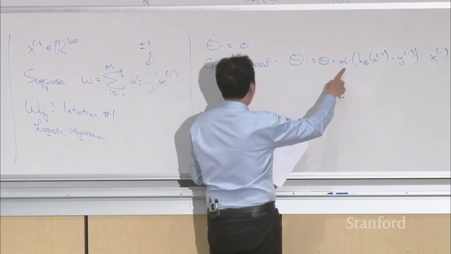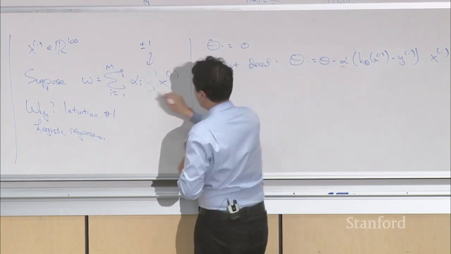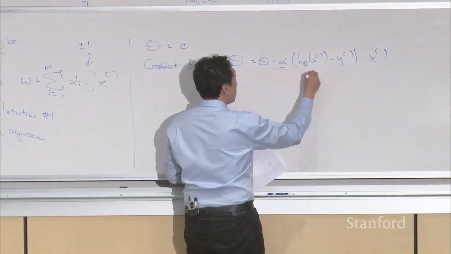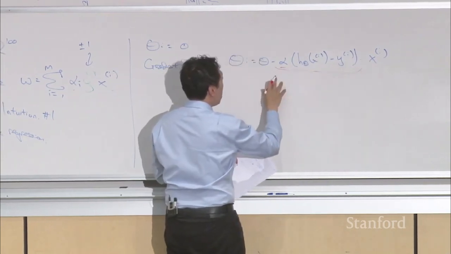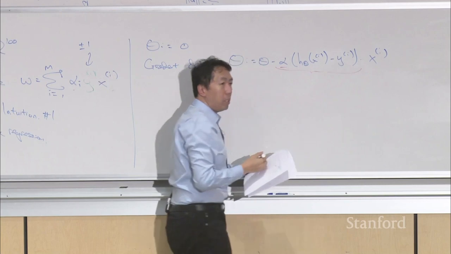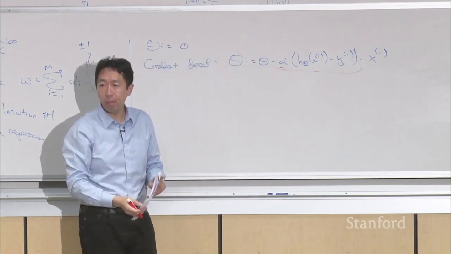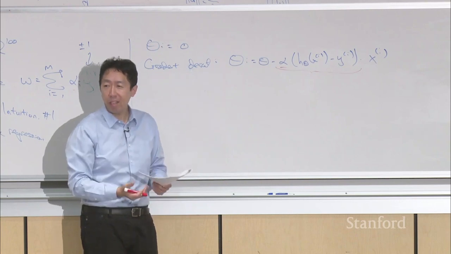Here alpha is the learning rate; this is overloaded notation, and this alpha has nothing to do with that alpha. On every iteration, you're updating the parameter theta by adding or subtracting some constant times some training example. And so, kind of a proof by induction,